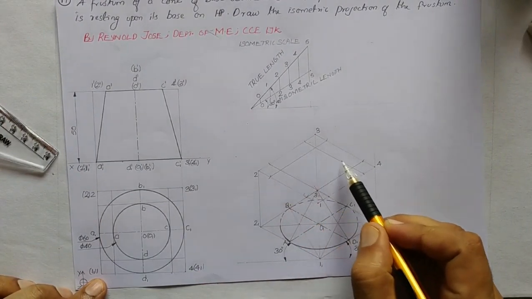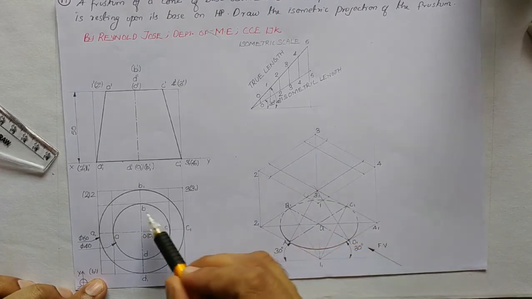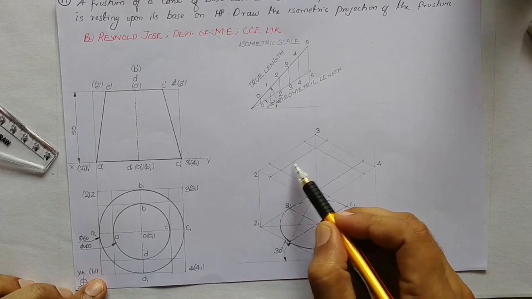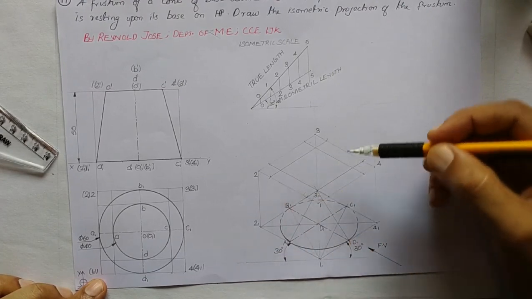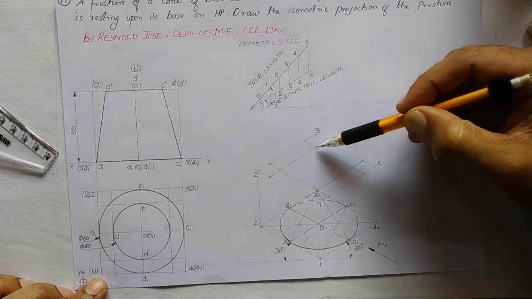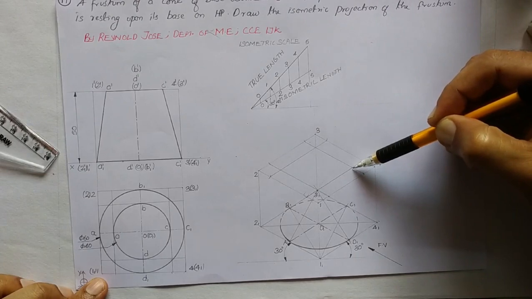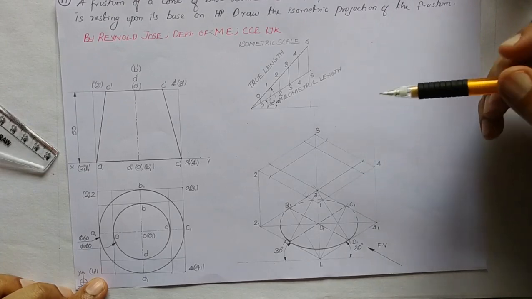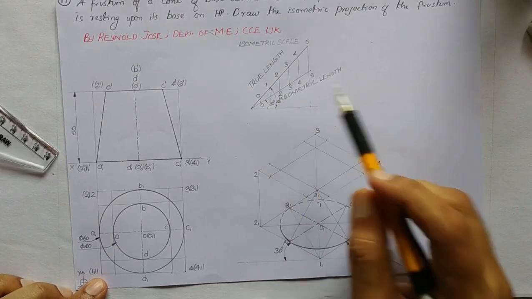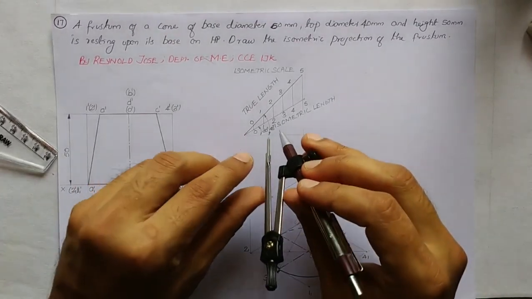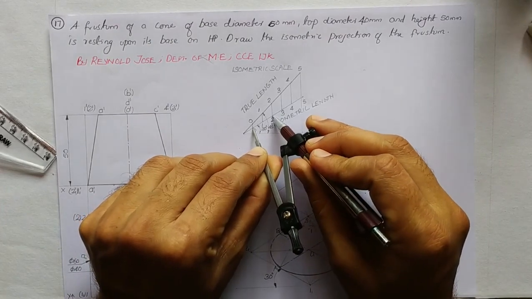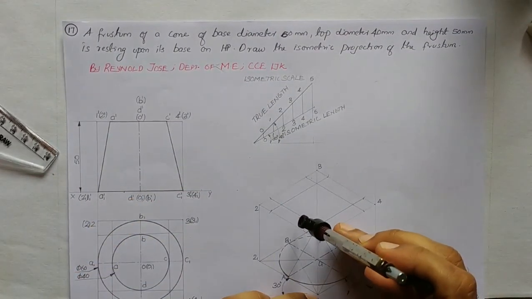So again, along this smaller isometric projection of this square, we shall do the 4 center method by marking the centers of 1, 2, 3 and 4 sides. So totally this is 40 mm isometric length. This length will be 40 into 0.82. So we shall take the half of it, that is 20 into 0.82. We will be taking it from the isometric scale here. So from 0 up to 2, you take it in compass, because this is 20 mm isometric length. So 20 mm in compass, and please locate the middle points.